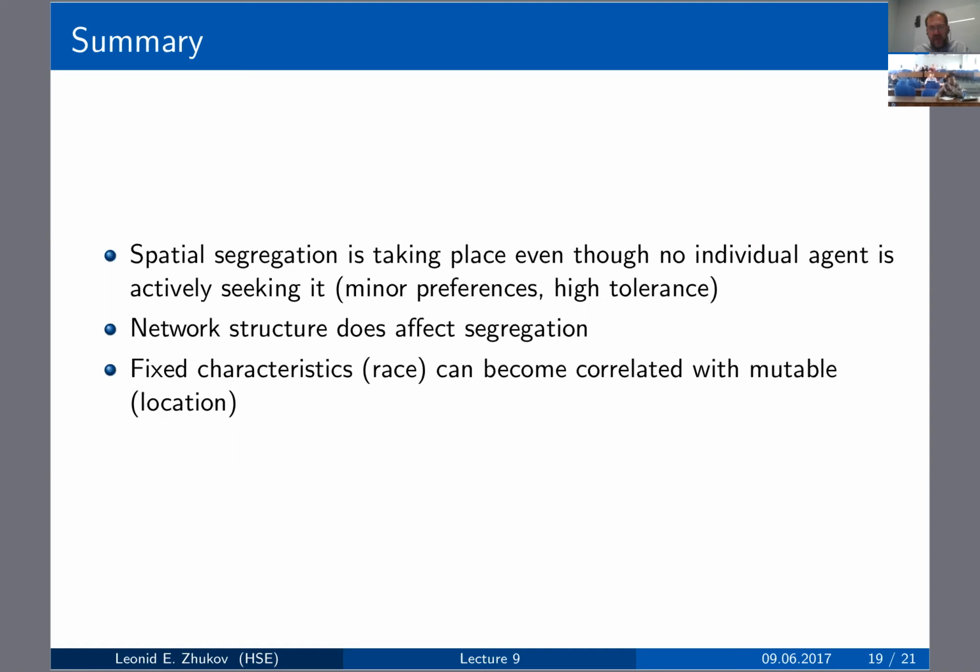Well, the question was about the difference between segregation and clustering. Oh, segregation and clustering. Yeah, so when we're talking about clusters, this is about network properties, right? It's only about the network structure. If you have groups of nodes that are tightly connected, that forms the clusters. Now, segregation is about agents that act on top of the network. You might have clusters, but within the cluster you might get a mixture of different types of A and B agents.